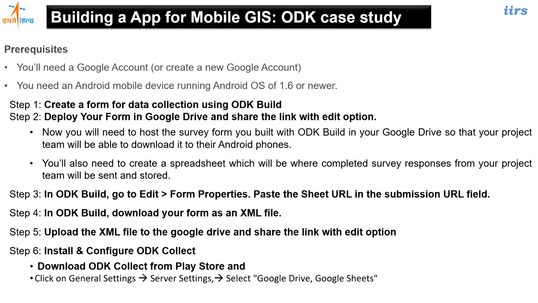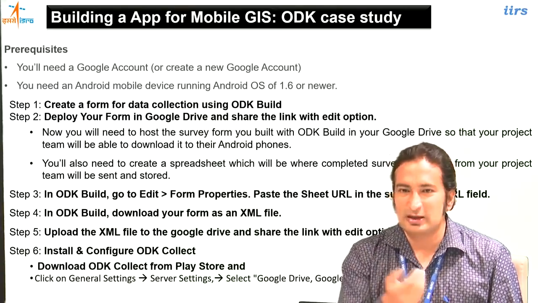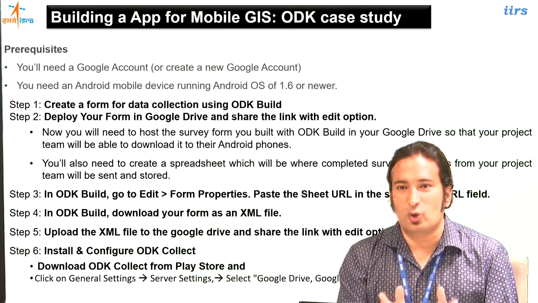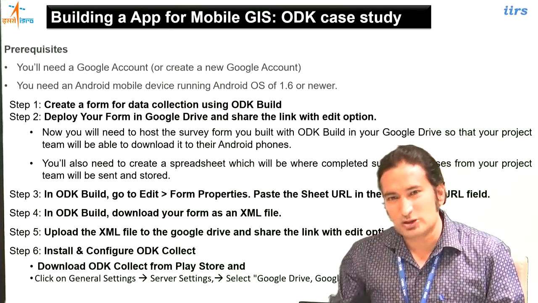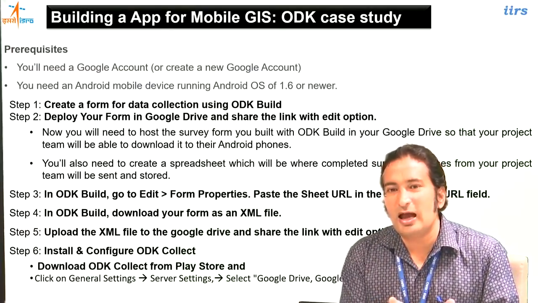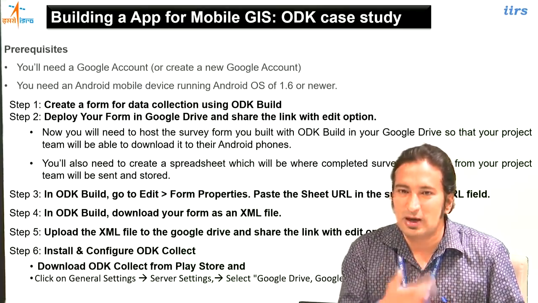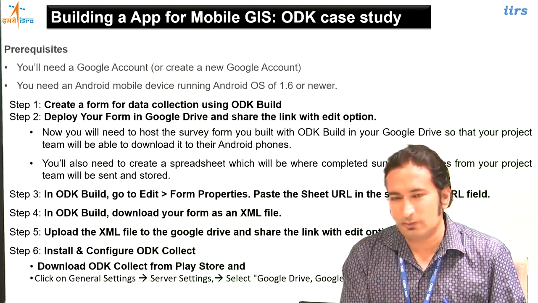Among the previous applications I told you, I have chosen ODK because I find it is the simplest one. So we will see how we can deploy one mobile GIS of our own without much coding. There are only some steps. You have to follow those steps, and you will have your mobile GIS application in your hand, and you can start using it. We will just break for 1 minute only.